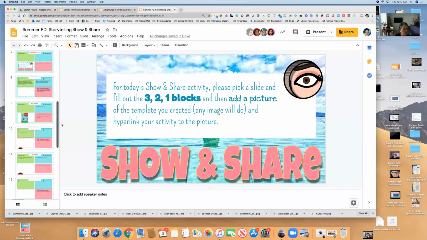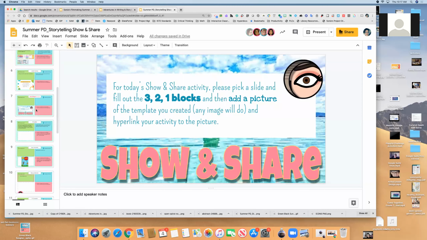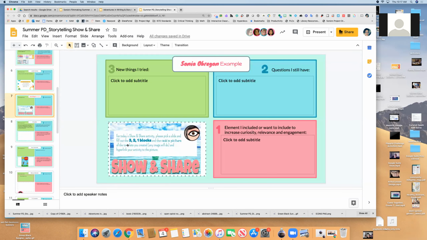Okay, so even if we didn't finish the slides, we still just do that, right? Yes. Okay. And if you didn't do any slides at all, you can find a template you liked from day one and put that there. You'll just need to make a copy of it for yourself, and then you can add it to the slide.